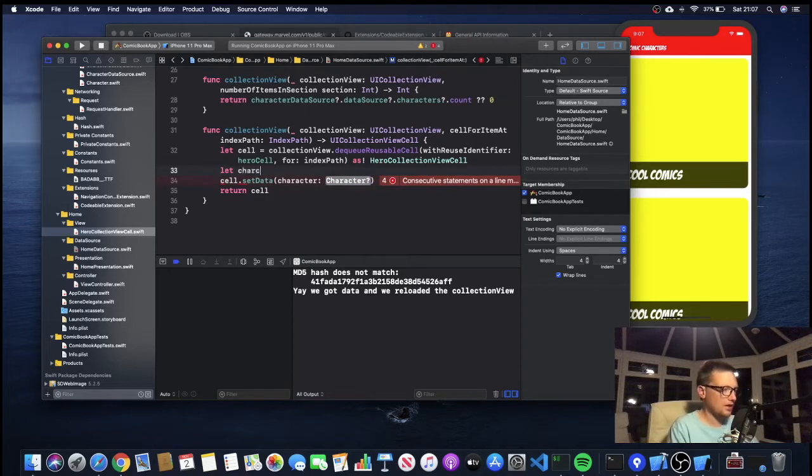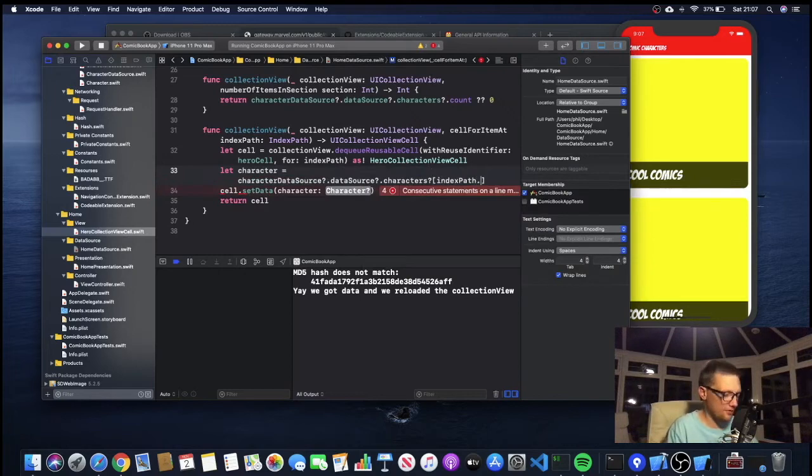So we'll call this character, and this will be equal to, and then we can just kind of cheat a little bit and copy and paste into there. It's an optional, and then we'll use square brackets because it's an array,